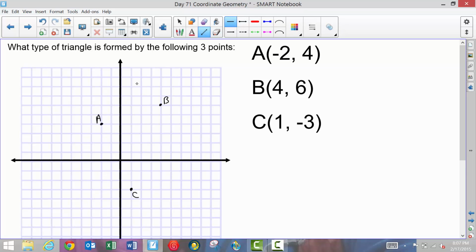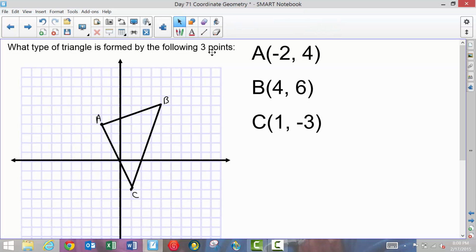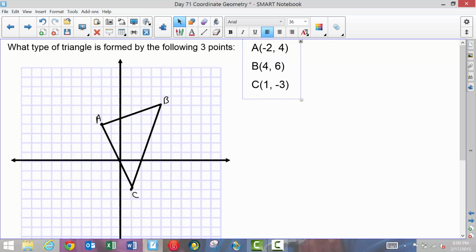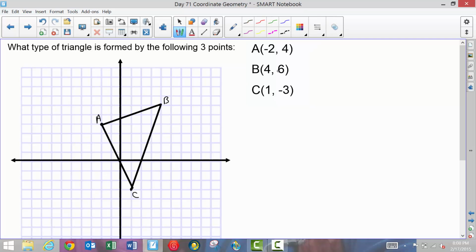I'll connect them. And again, you can't just estimate or guess visually that this is going to be scalene, isosceles, or equilateral. And you can't assume that angle A is 90 degrees. You're going to have to prove using mathematics. Okay, so if I want to prove sides are congruent, I have to do distance formula. So let's shrink my coordinates down. So I need to find the distance of